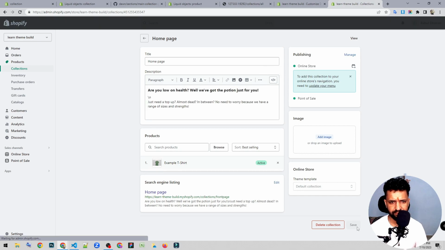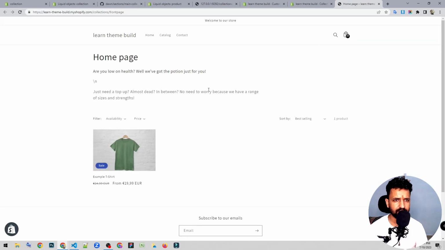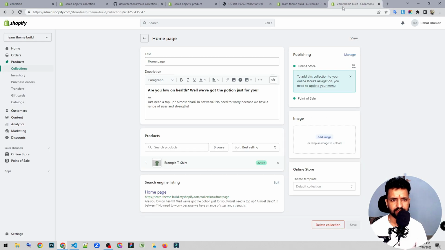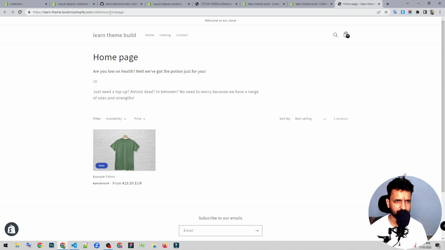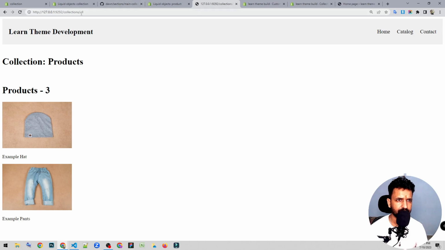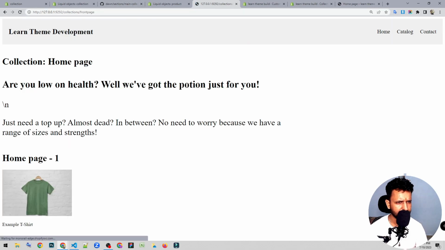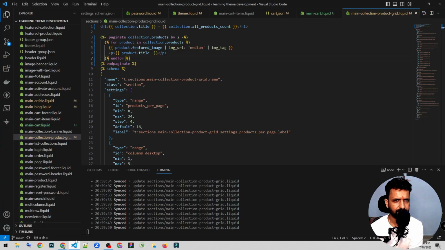So save, and if I view this, okay, this is showing in terms of that particular layout. Let's see how it looks in our version. That's how it looks. We have this collection content, right? We have this collection content coming up,